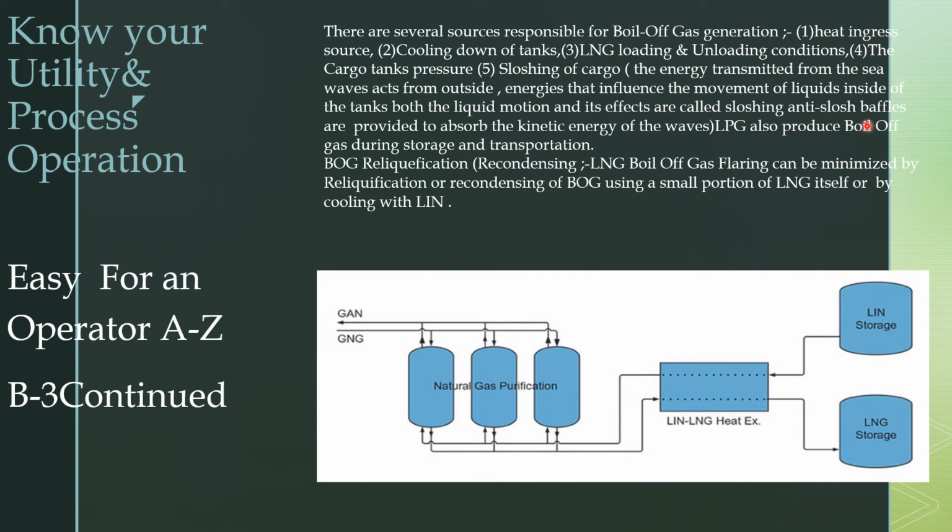An equipment called anti-slosh baffles is normally provided to absorb the kinetic energy of the waves. It is a gasket-like arrangement provided inside the tank to avoid the sloshing. Due to the wave movement and the liquid motion inside the tank or cargo, the sloshing effect will happen. So these are the five reasons why BOG is produced in the offshore or any other area where LNG